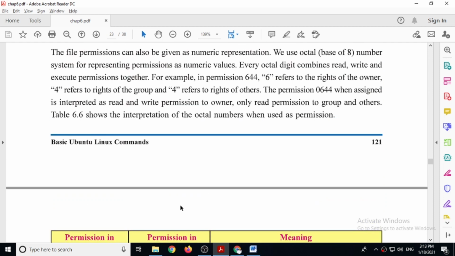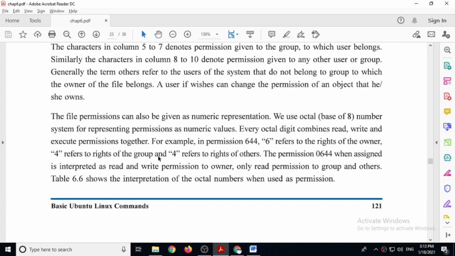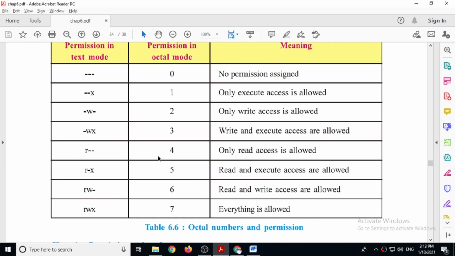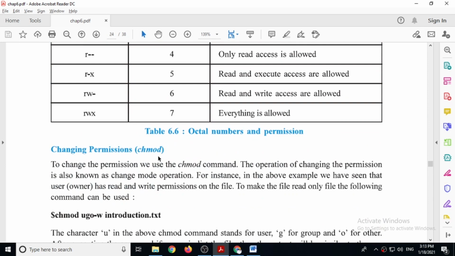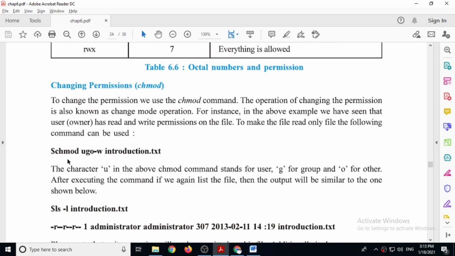So this method is called absolute method. So remember, there are two different methods for assigning permissions: relative method and absolute method. For absolute method, we have to use octal digit, octal numbers. As you can see here, chmod ugo minus w, it means the file becomes read only, because write permission we are taking from user, group and others, means all.